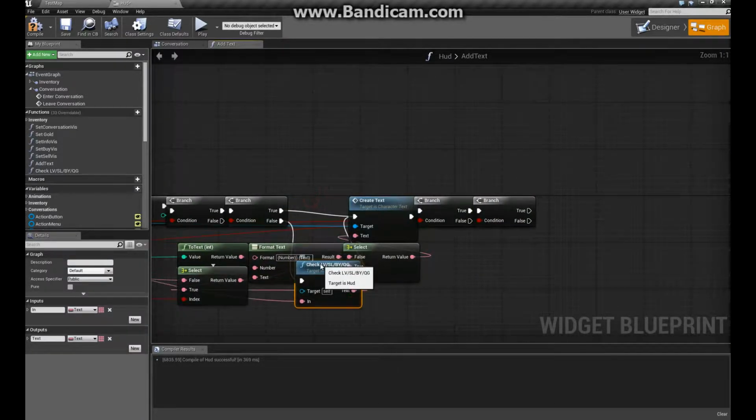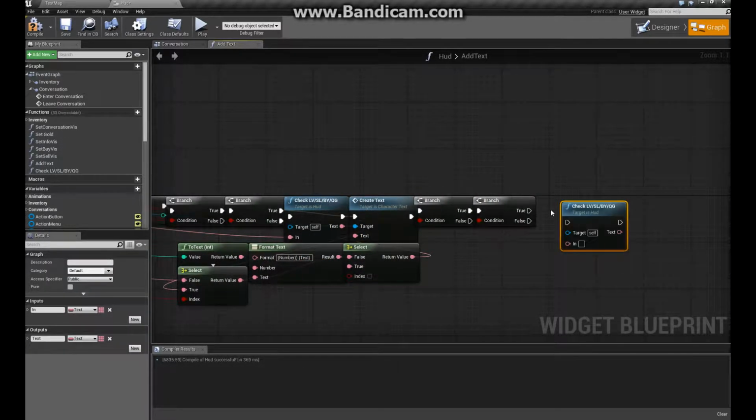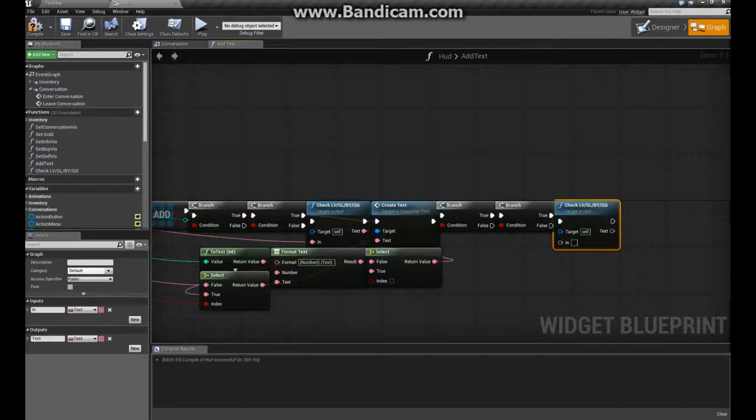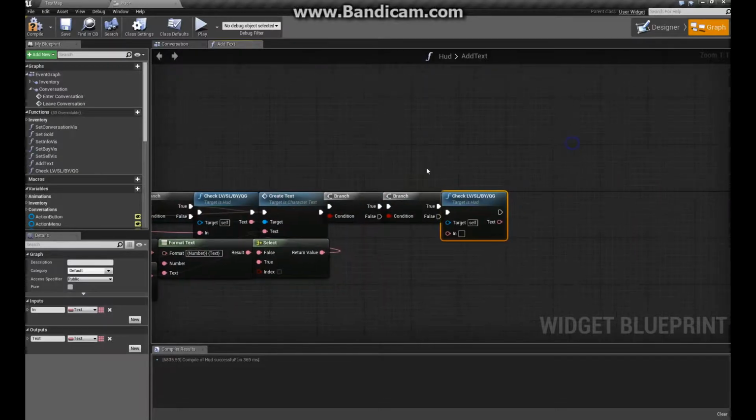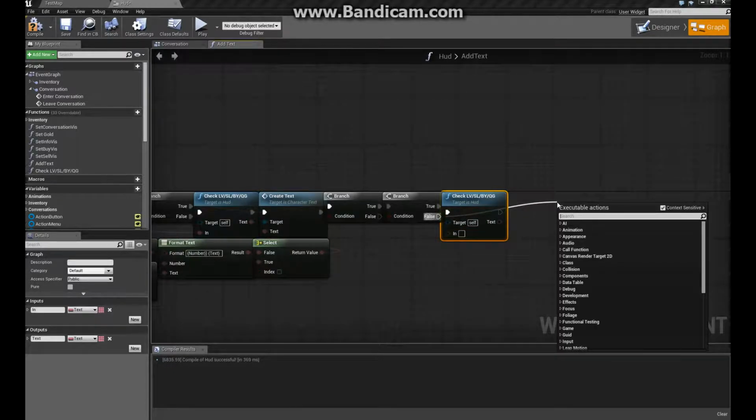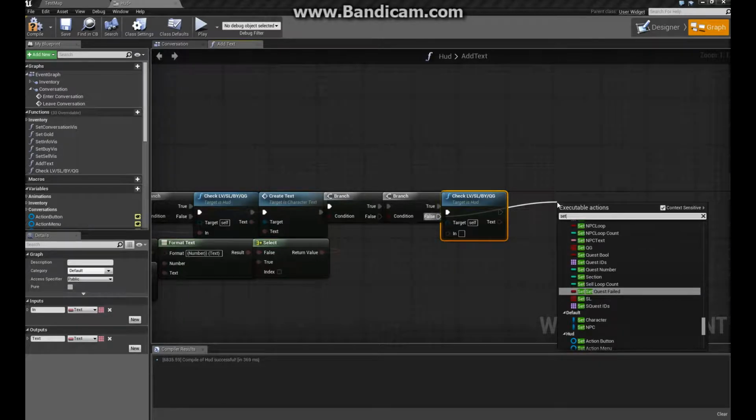So instead of this being connected to false, it'll be connected to the true. Oh, and real quick, this false over here connects to the create text. And this false, go over here and you'll do set